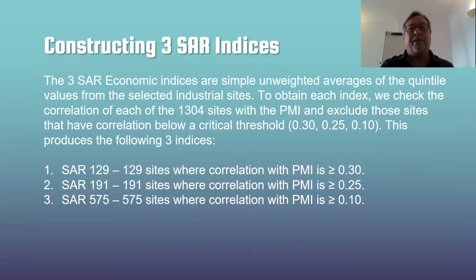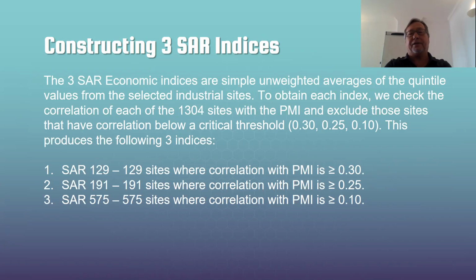So how does it work? After we construct these quintiles, we're going to take simple unweighted averages of them. To obtain the index, we're going to check the correlation of each of the 1,304 sites with the PMI, and we're going to exclude those sites that have correlations below a critical threshold correlation. The critical threshold correlations that we're going to use are 0.3, 0.25, and 0.1. And so when we exclude sites on this basis, we're going to end up with 3 measures of